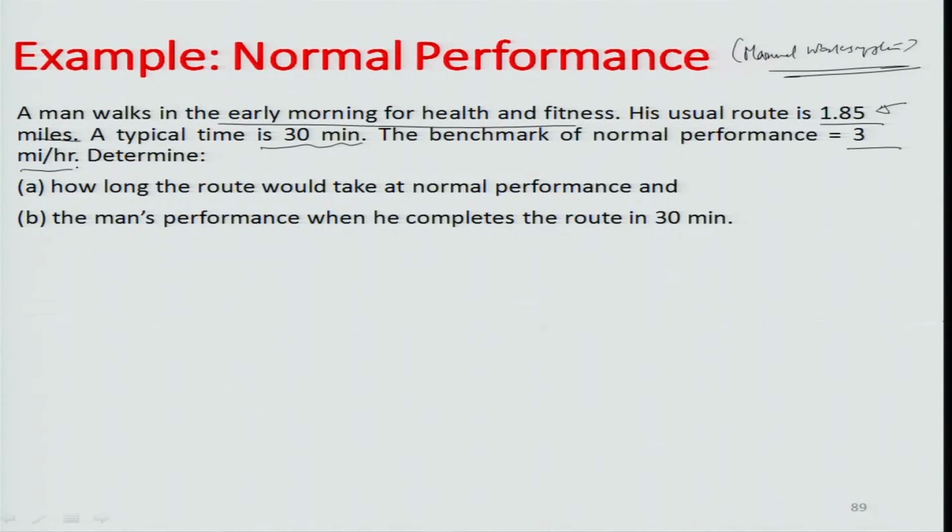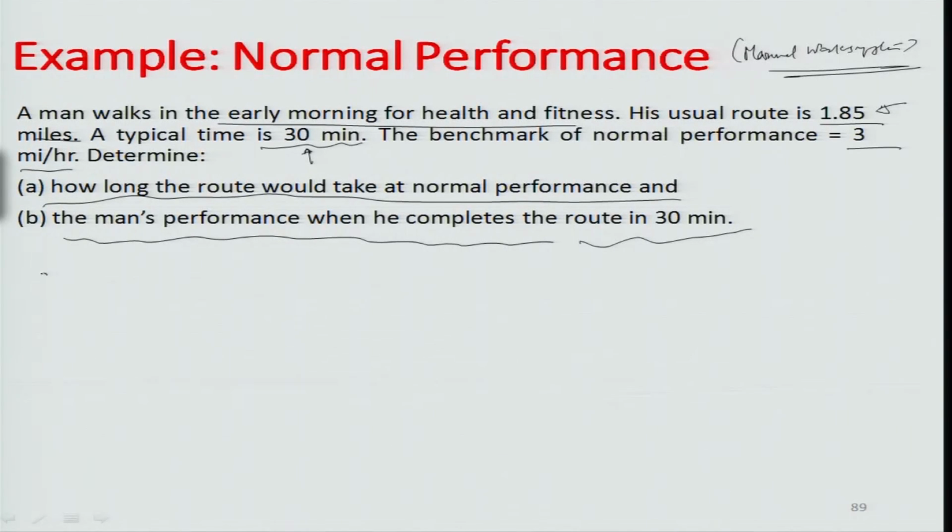So, that is how the normal speed would be related, and we have to determine how long the route would take at normal performance, and if the man completes the route in 30 minutes, what is going to be that particular performance factor, whether he is working at 100% or more than 100% or less than that when we talk about accomplishing that in 30 minutes. So, we know that at 3 miles per hour,